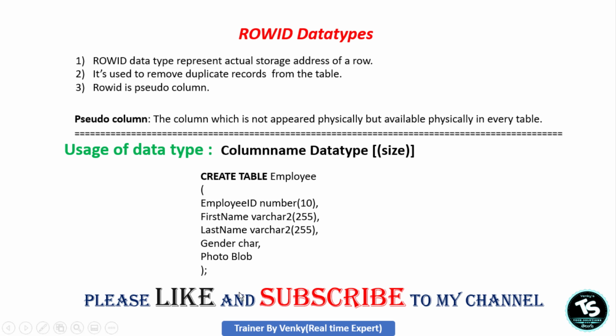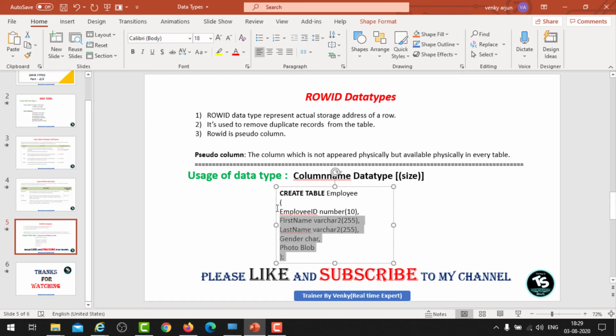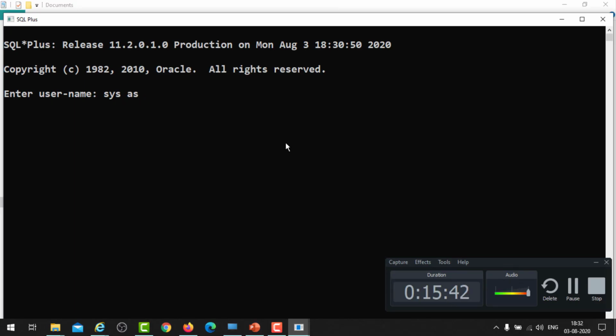So gender is character. Photo is a column name, for which I am declaring a type because I want to save an image. That is the reason I mentioned BLOB as the data type. Okay. Now practically I will show you how we can declare the data types. I have already shown you in the last video.